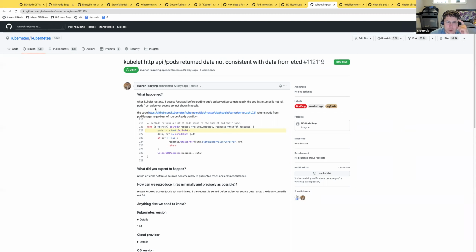Yeah, okay. It doesn't show all the pods.